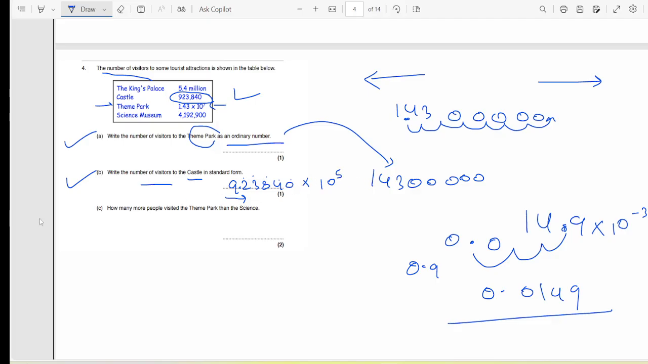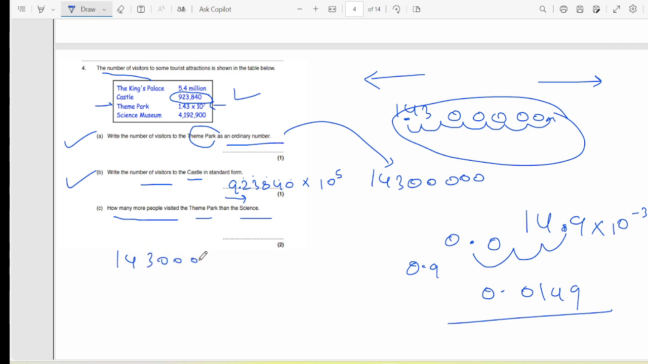So 10 raised to power 5. How many more people visited theme park than science? So theme park is this, science is this. So I just subtract theme park and science. For theme park I got this, right? If from this 143 and there were 5 zeros, I can just subtract science number, which would give me how many more people visited theme park, which is